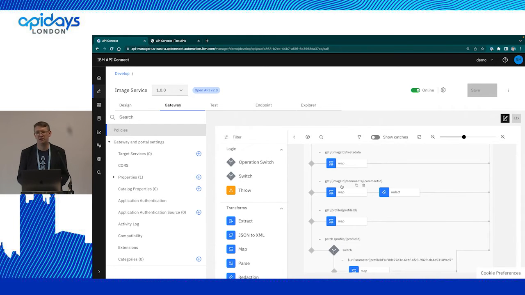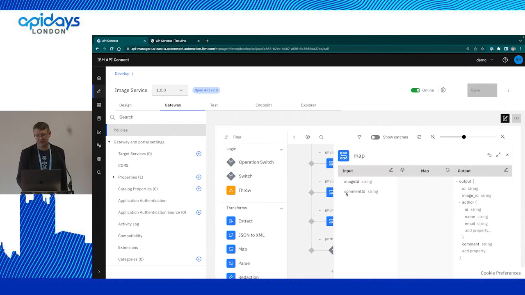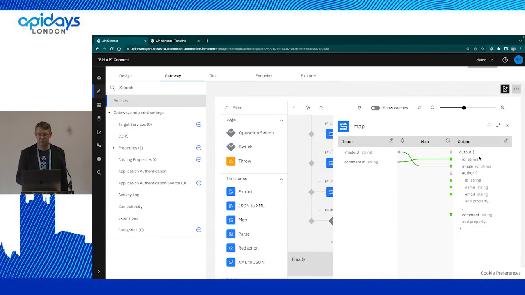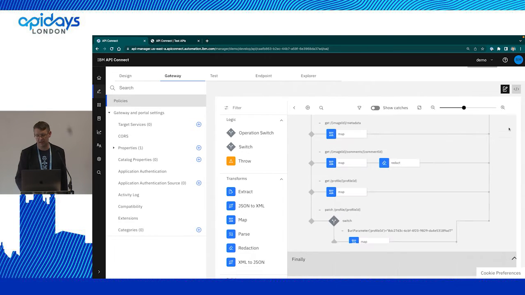So this is an example service that deals with images. Now they may be photos, they may be documents. It's just a generic upload an image and have comments about it. So in this case, we've got the processing of the comment, and the data that comes back from the backend is the ID of the comment, the image it relates to, the text of the comment, and the details of the author. So the idea is that the application developer has just joined those two data sources together to produce the data,